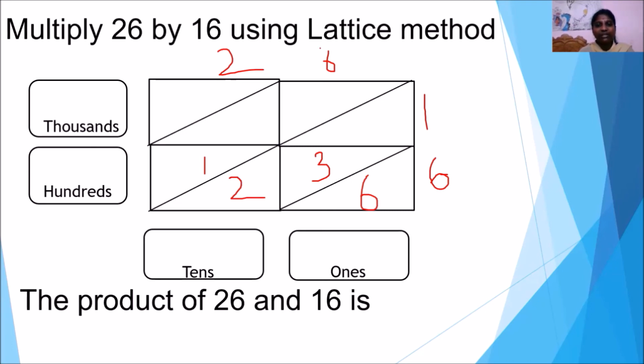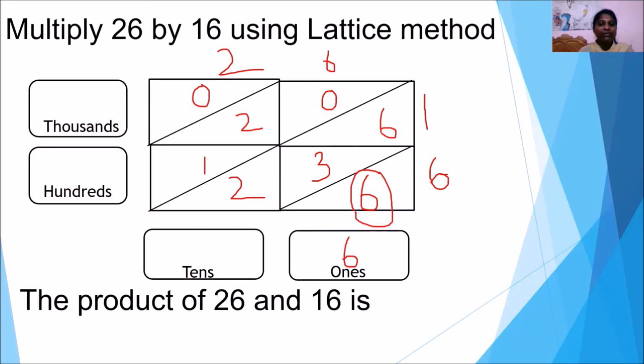Multiply 1 with the 6. 6 ones are 6. In the 6 you have to write 0 above the diagonal line, 6 below the diagonal line. 1 twos are 2. You can write 2 like this. Now our multiplication is over. Next step is what we have to do, children? Yes, we have to add these diagonal numbers. In the ones place we have only one number. The number is 6. You can write 6 in the ones place.